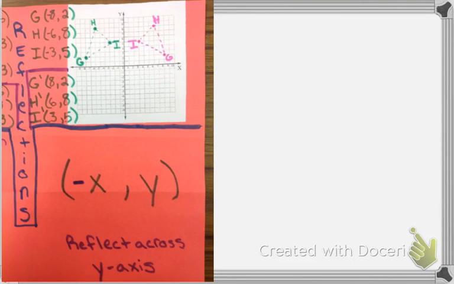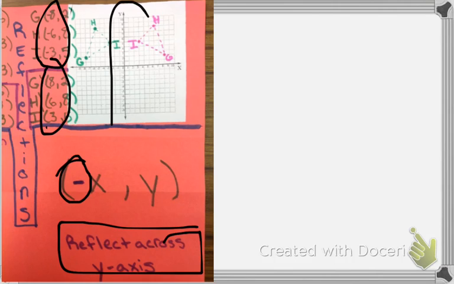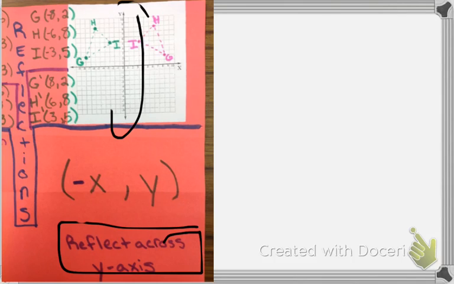And then the last one, we reflected across the y-axis. And so if you notice, you take a look at all your x values, and you went from being negative to being positive numbers. That's why I added this nice little negative sign. So when you reflect across the y-axis, the only thing that changes is the sign of your x value, or the value of all your x's. Okay? To do a reflection, all you have to do is count. Count how far away from the axis you're flipping across it is, and then count the other way. Okay? So if this went over